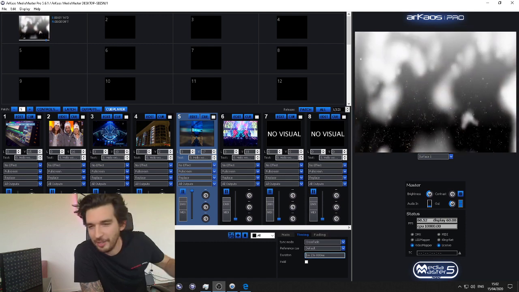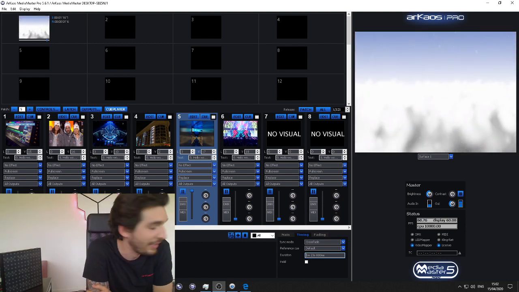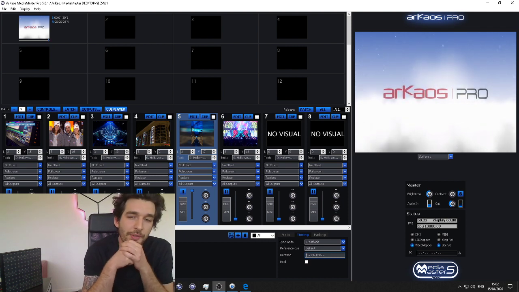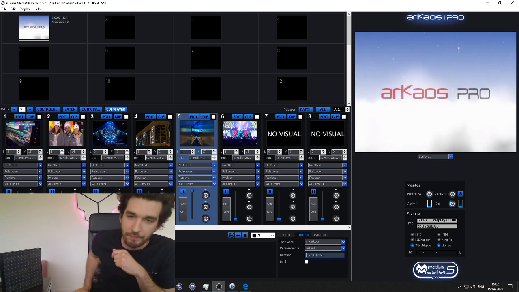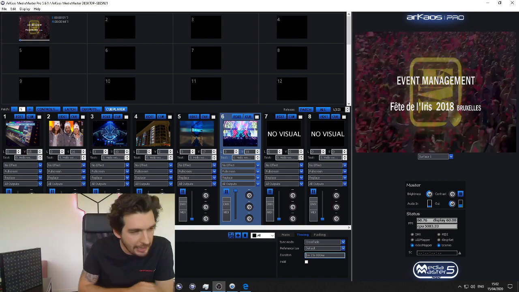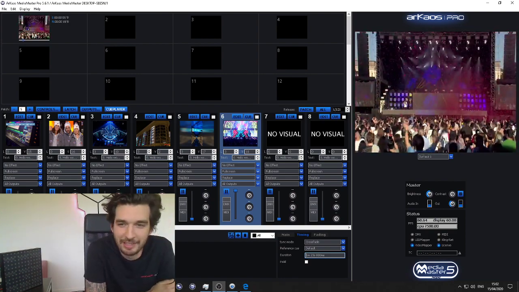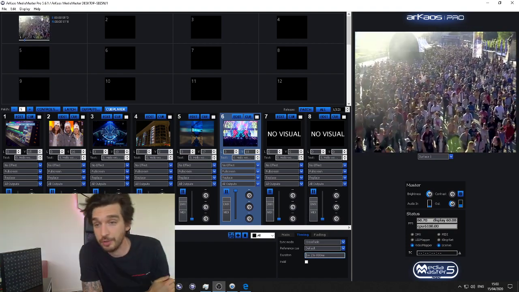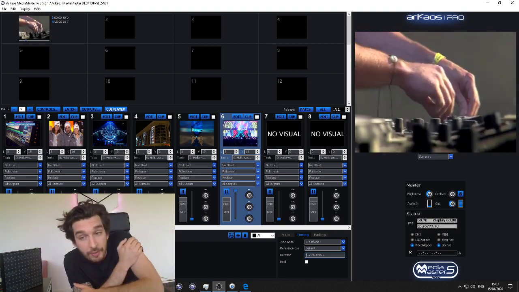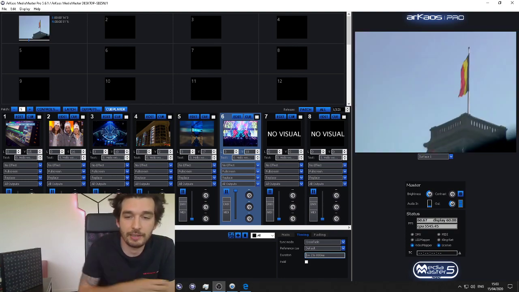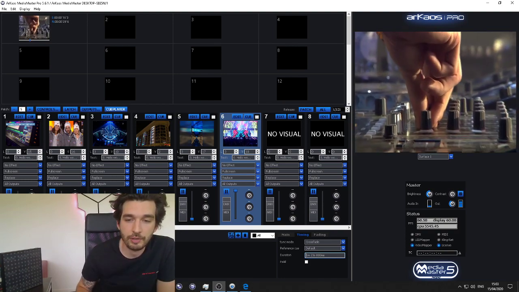So today we are going to see pixel mapping in two steps. We are going to see first of all pixel mapping in ArtNet, and then pixel mapping in ClingNet. And I will explain, for the ones that don't know ClingNet, what ClingNet is, what the difference is between ArtNet and ClingNet, where I can find some ClingNet fixtures, and how I know if my lighting fixture is ClingNet or not.